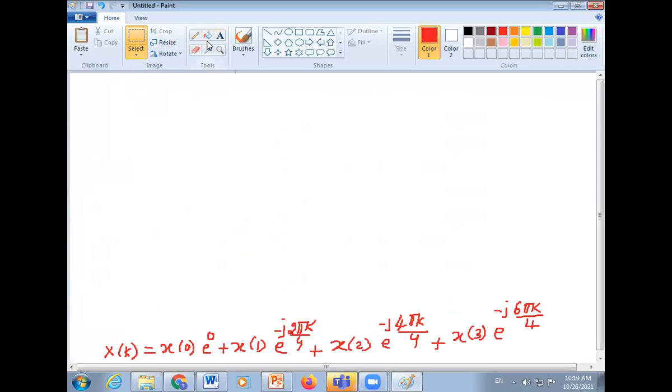Now let us solve this again. Let us simplify. X of k is equals to,